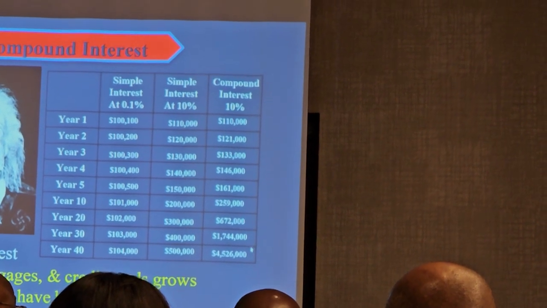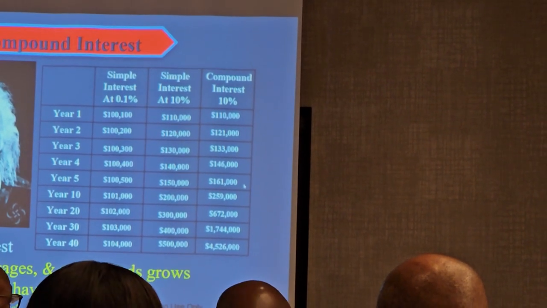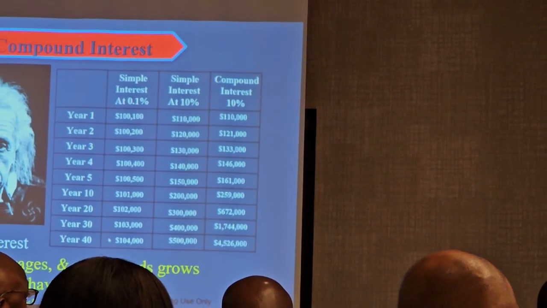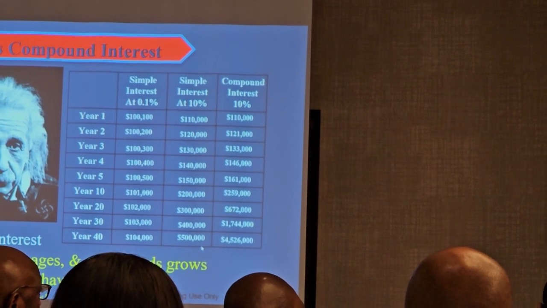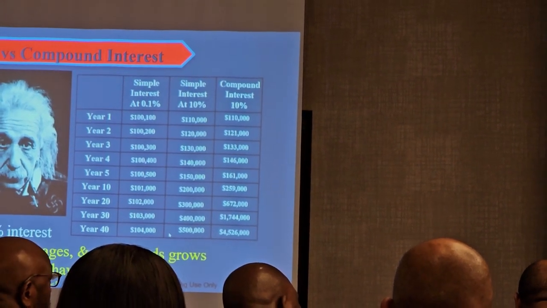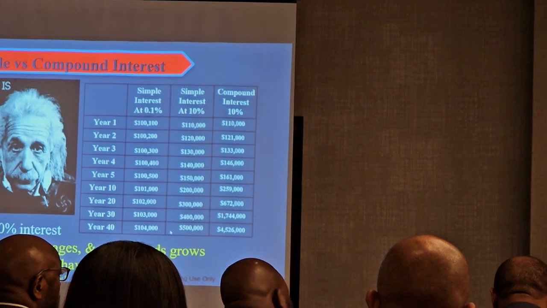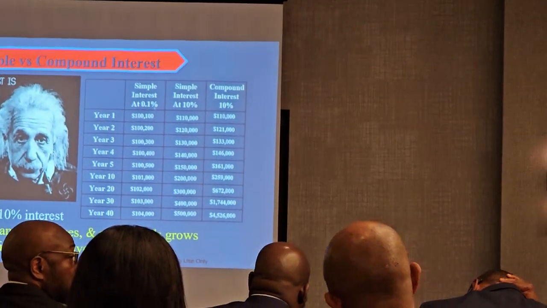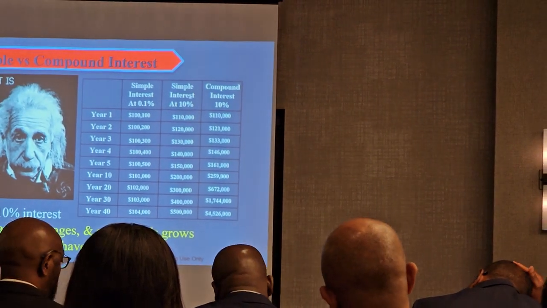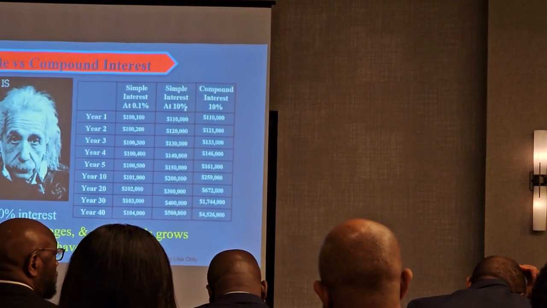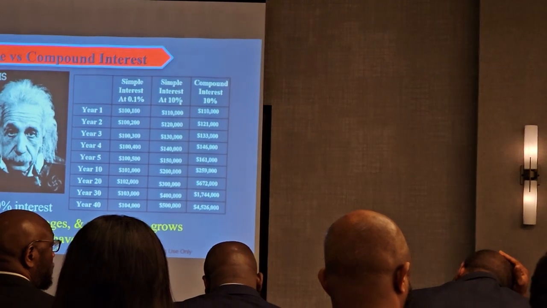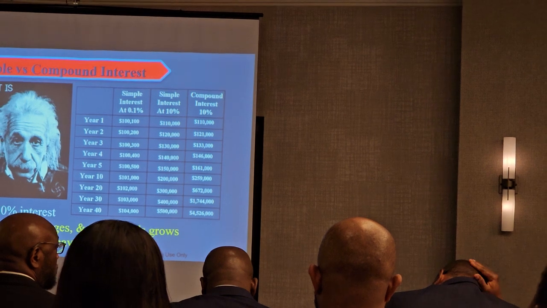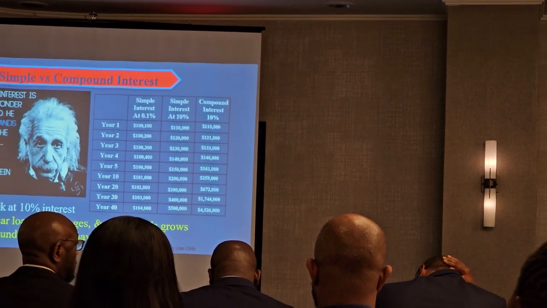What's going on? Why do you have less in the account growing through simple interest? It's important to understand simple and compound interest. With simple interest, every year, remember the two accounts, you've got 100,000 in each one of them, each earning you 10% interest every year. With simple interest, you are earning 10% interest only on your principal.